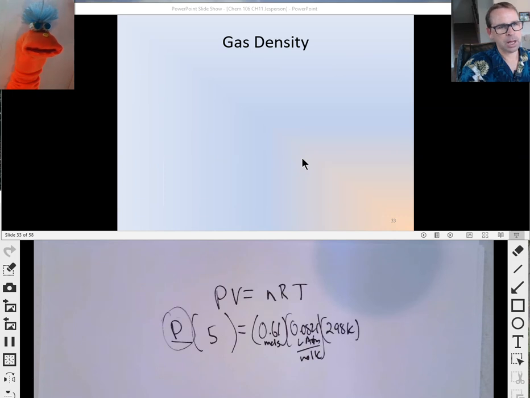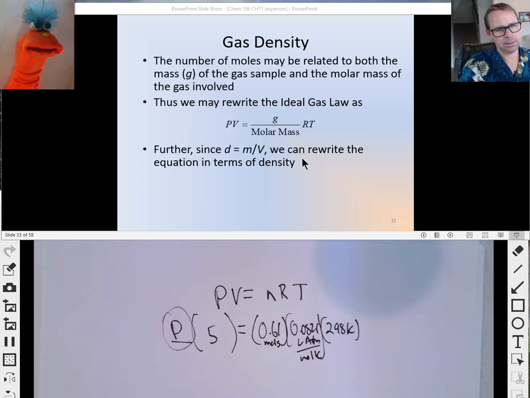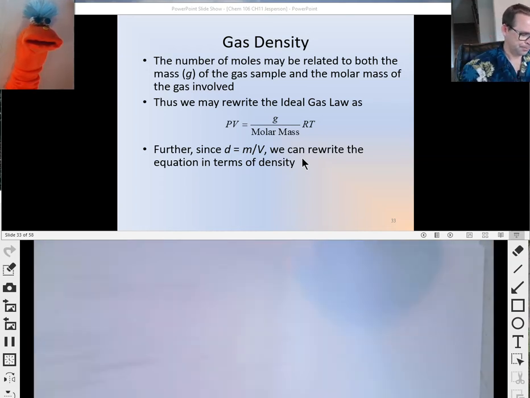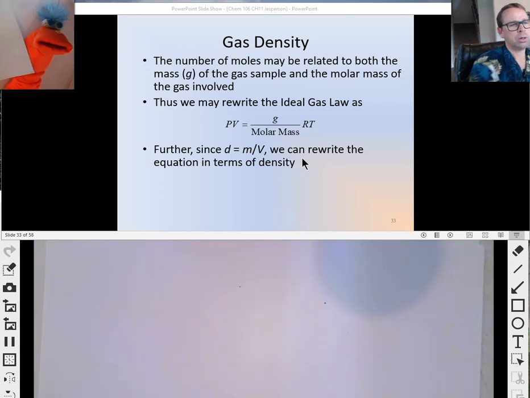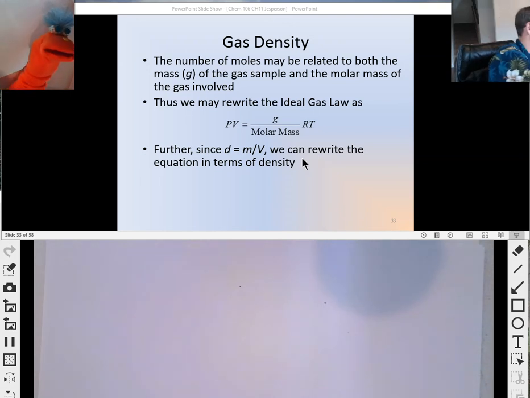Now, density of a gas. Density of solutions, we were expressing them usually in terms of grams per milliliter, but for gases, we express them in grams per liter because they have a much smaller density. And so expressing them in grams per milliliter is just a really small number. Grams per liter is a reasonably sized number. Okay? So we can change